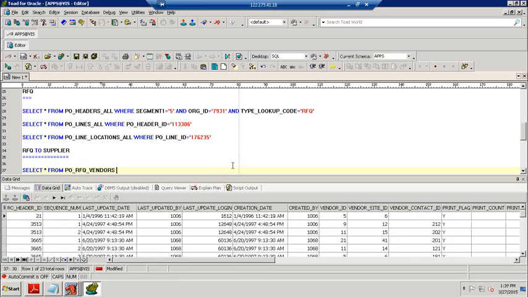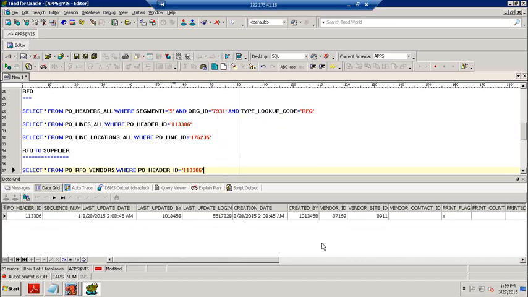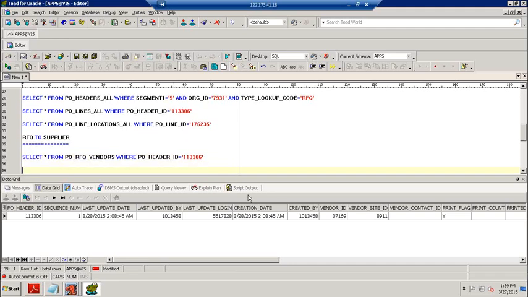So here we are giving the PO header ID equal to 113306. Now it clearly shows how many vendors are receiving this RFQ. Okay, we are sending to only one vendor. Now once it is finished, next we expect the quotation from the suppliers, right? Quotation.